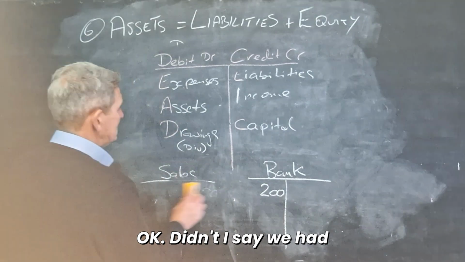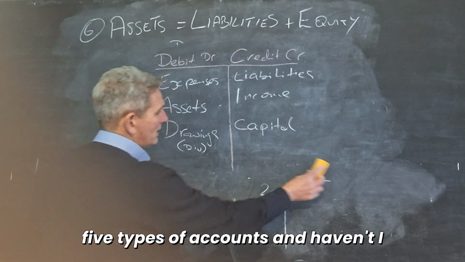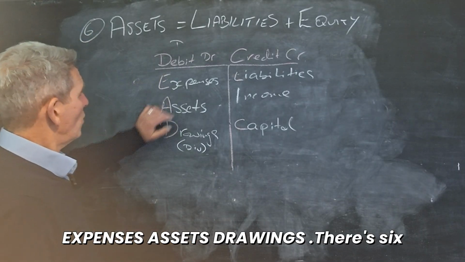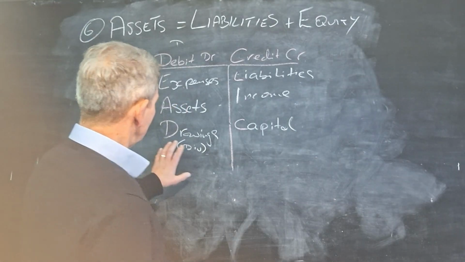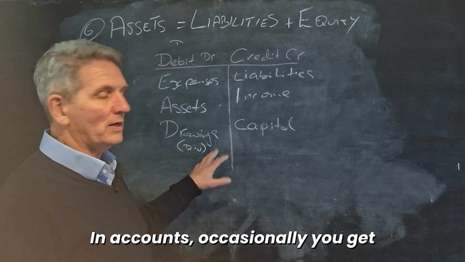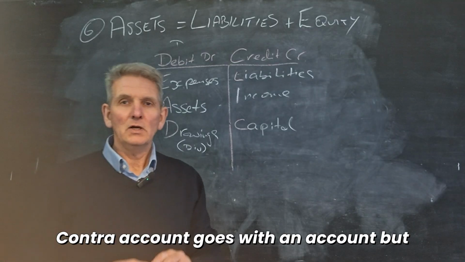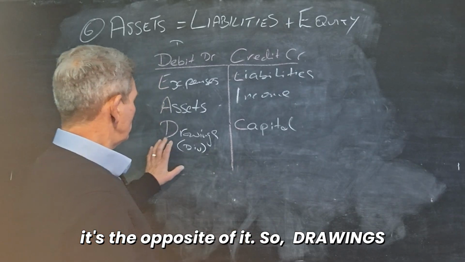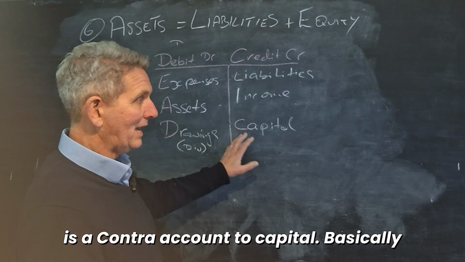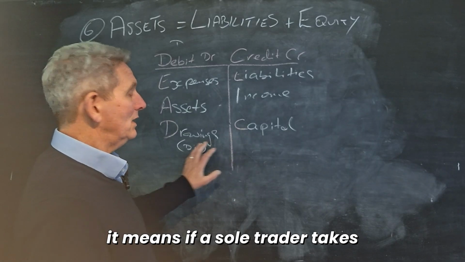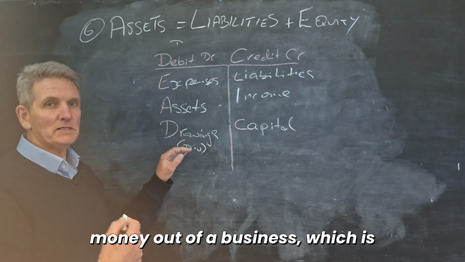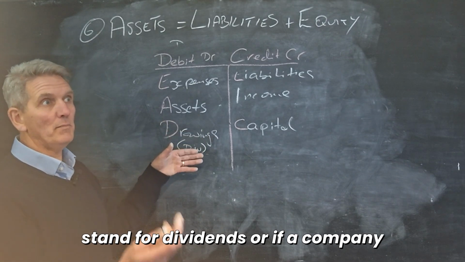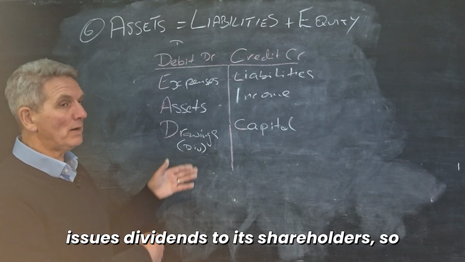Okay, didn't I say we had 5 types of accounts, and haven't I just written 6 on here? Expenses, assets, drawings, there's 6 there. Well, in accounts, occasionally you get something called a contra account. A contra account goes with an account, but it's the opposite of it. So drawings is a contra account to capital. Basically, it means if a sole trader takes money out of a business, which is called drawings, this D can also stand for dividends. Or if a company issues dividends to its shareholders, so money is coming out of the